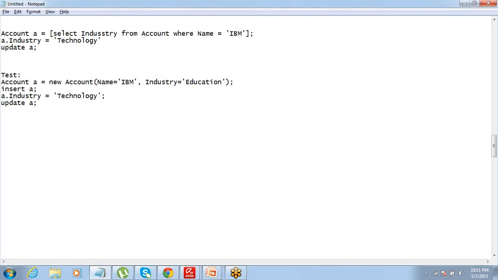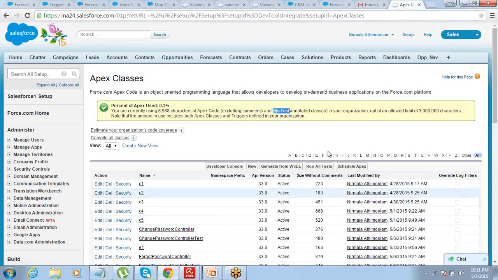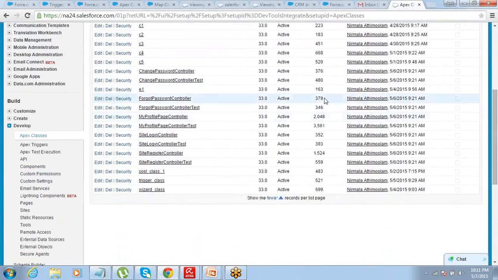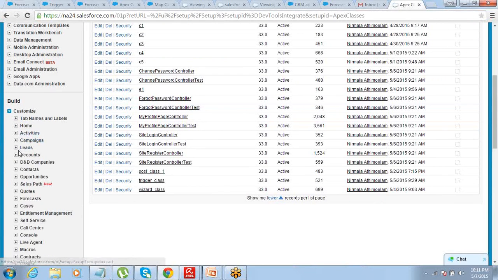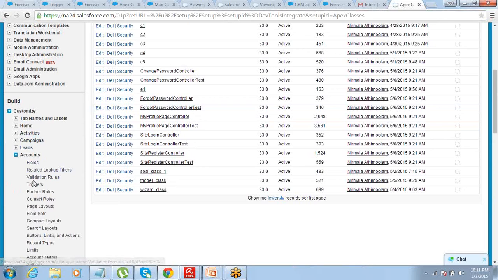So let's do a small example. Let's create a small trigger and write a test method for that trigger. So let's say I'll just go ahead with the example that I was just doing now.